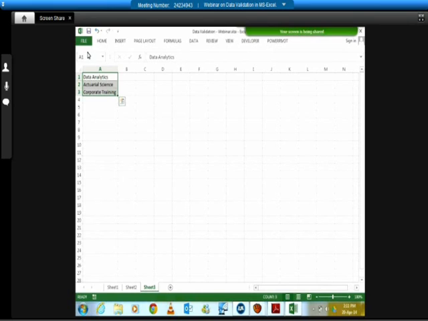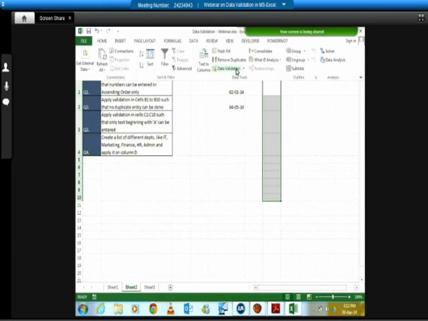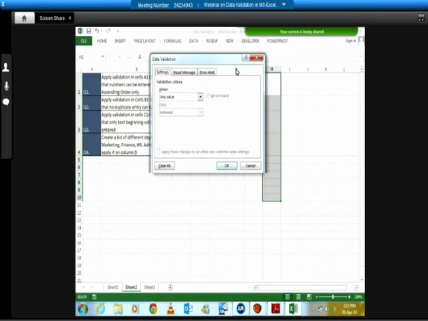I'm going to come to sheet 2. I'm going to go to data. My cells are already selected. Data validation, list, and in source you have to put the name of the list after an equal to sign. If you do not put the equal to sign, only the name of the first cell would show up over here, or only the name of the list that you've given. Let's say I've given IV underscore PRG, only that will appear over here. So equal to sign IV underscore PRG and OK.